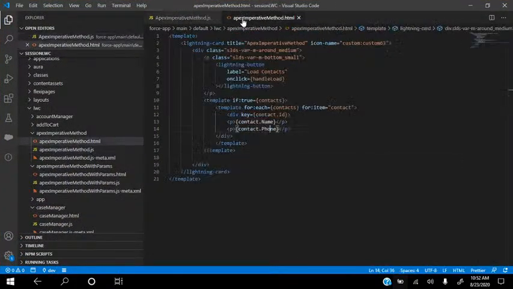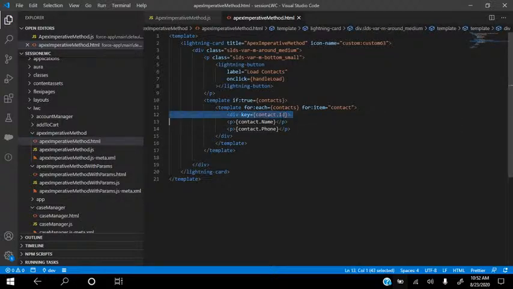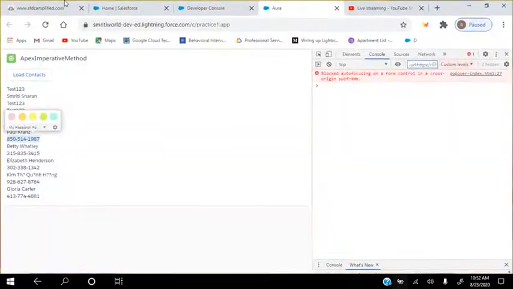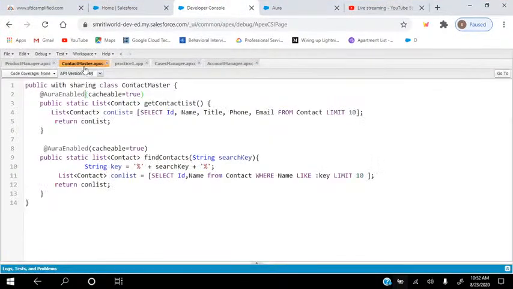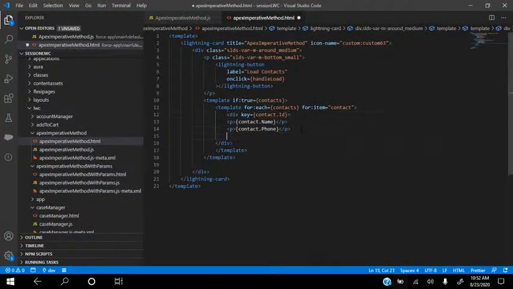So if I go back here, what we need to observe is that because we want name, phone, email, whatever we want, we need to put the contact ID before that, and then we have to pass those between them. So basically if you write something like, for example, let me go to contact master, and we are using this particular method. So we are getting ID, name, title, phone, email. So for example, if I want to get title, simply what I will do is,